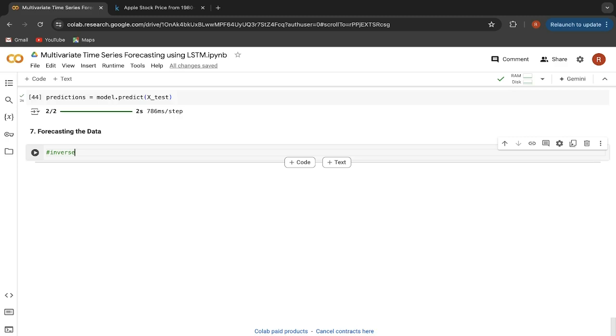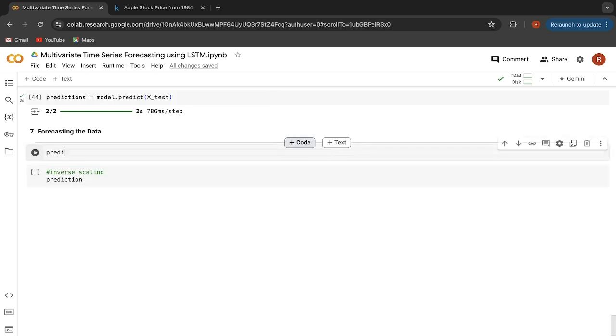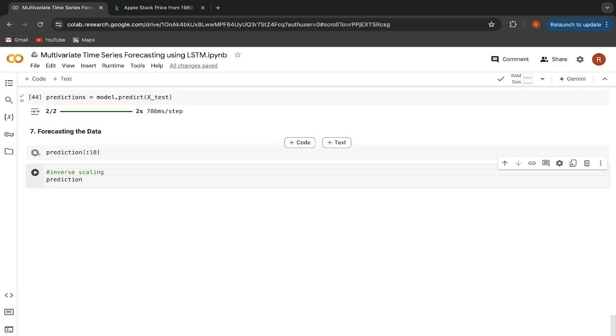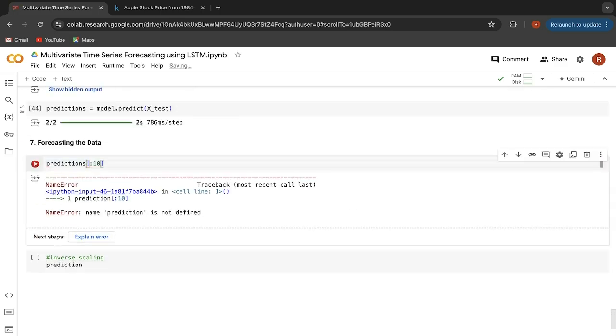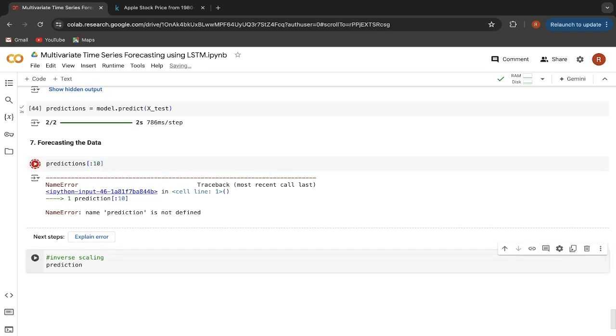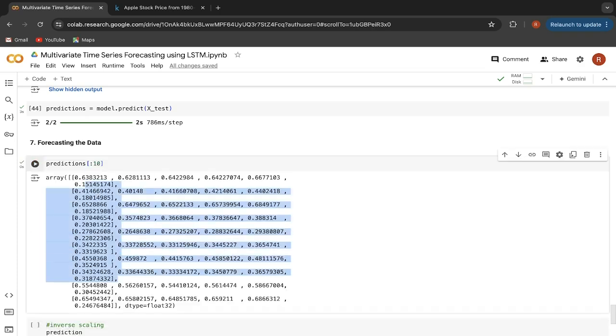Hence, it won't match. So inverse scaling, here I will say predictions, because even if you check the predictions here, let me look at the first 10 predictions. You can see they are in decimal format. Hence we are performing inverse scaling here.